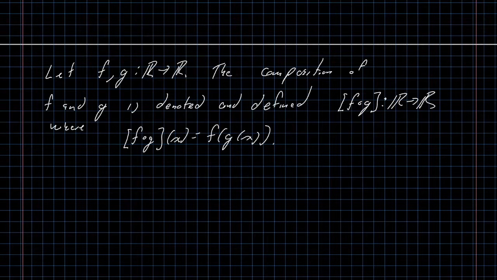The composition of two functions f and g is denoted using a circle operator. All right, so much like you can take the dot product, right? If you have two numbers you're multiplying together, a dot b, you can take the circle of two functions, f circle g. Right? It kind of looks like it just says f o g, but that is a circle operator,